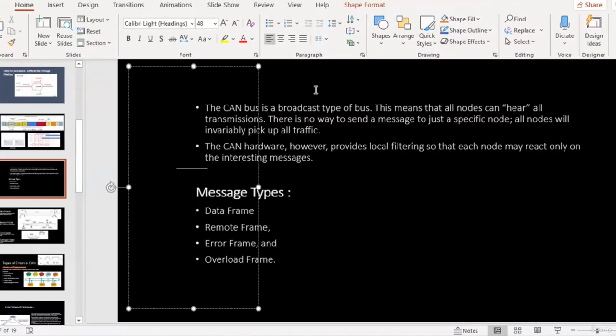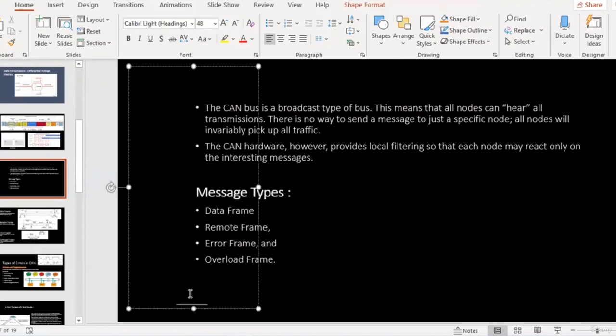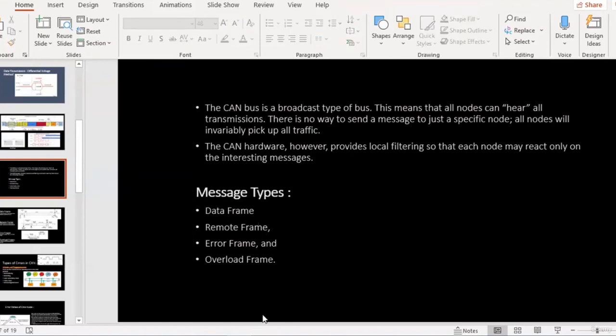What is a data frame? A data frame is basically a message that carries the data transmitted from one transmitter to the receiver. Mostly the data in an automotive environment are cyclic messages. Other than the diagnostic messages, all the messages are cyclic.